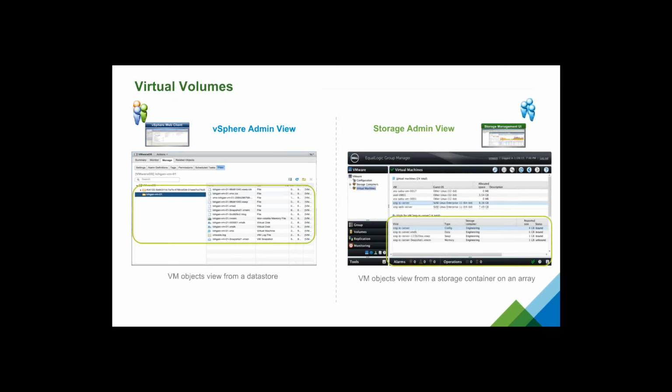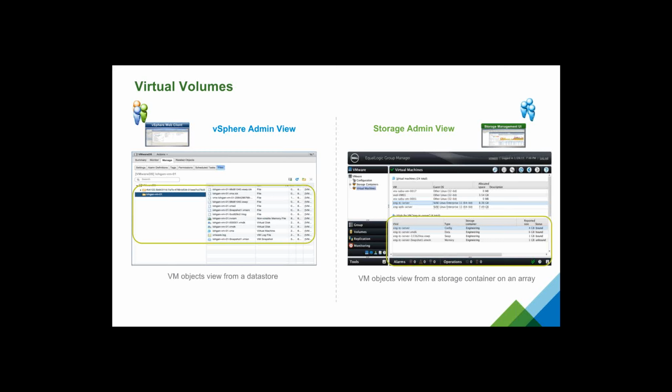Here's a comparison of what the two views would be. On the left side, we have what a vSphere admin would see with the various components of a VM inside a storage container, and it looks just the same as it does now. Currently with vSphere, if you go in and use the data browser, it will show you the VMDKs, the config files, and everything else.